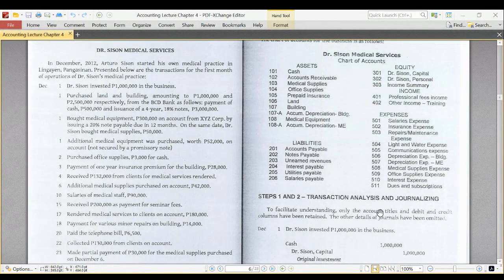But let us fortify your knowledge. So, mag-journal entry tayo ngayon. And then, magpo-post tayo sa general ledger. And gagawa din tayo ng T accounts. And then, we'll prepare trial balance. And after this, we will end our session and answer everything in chapter 4 and submit that on